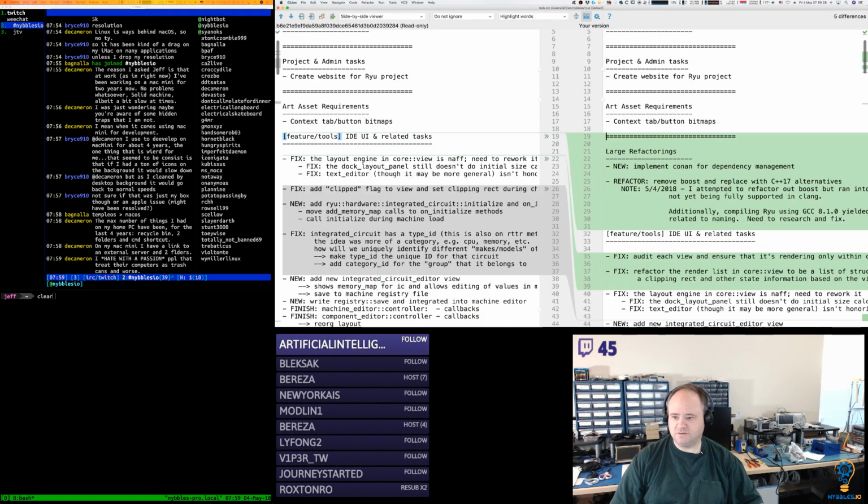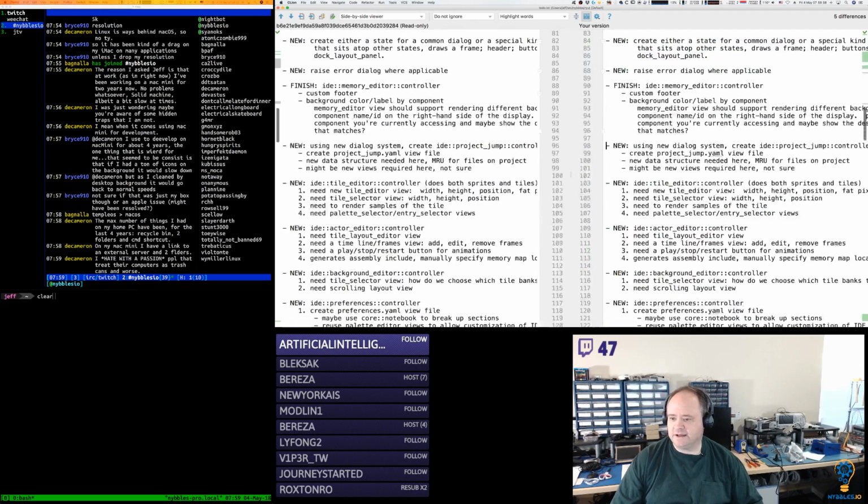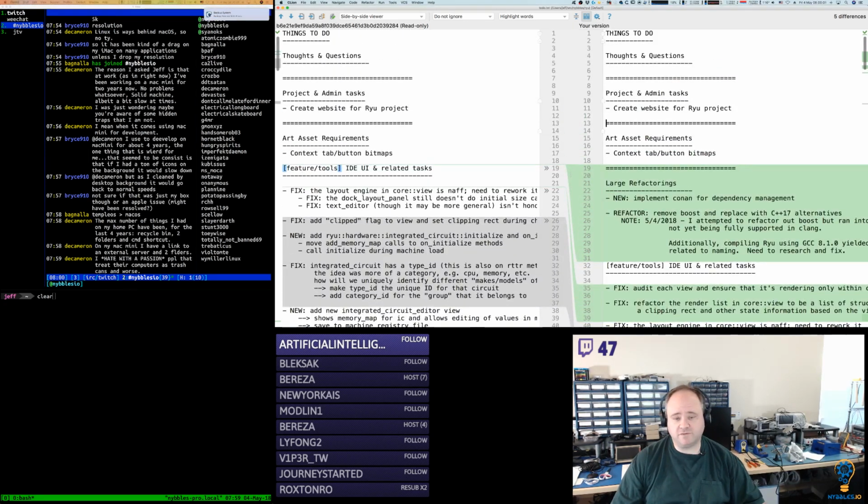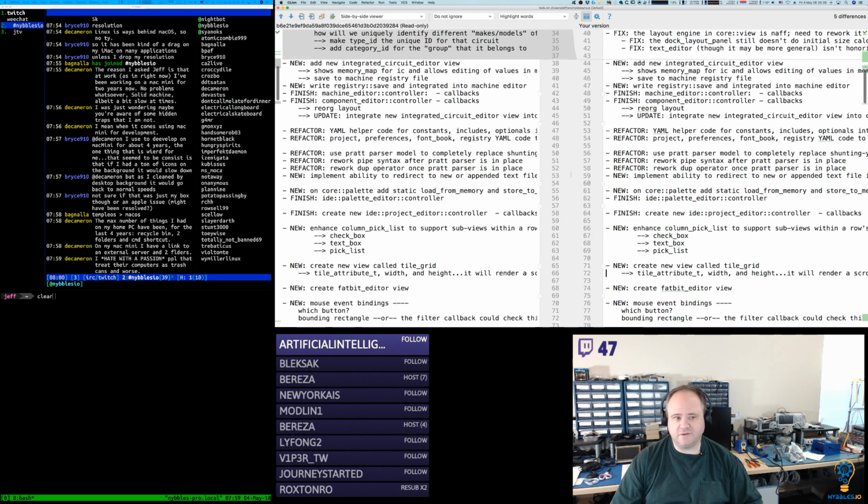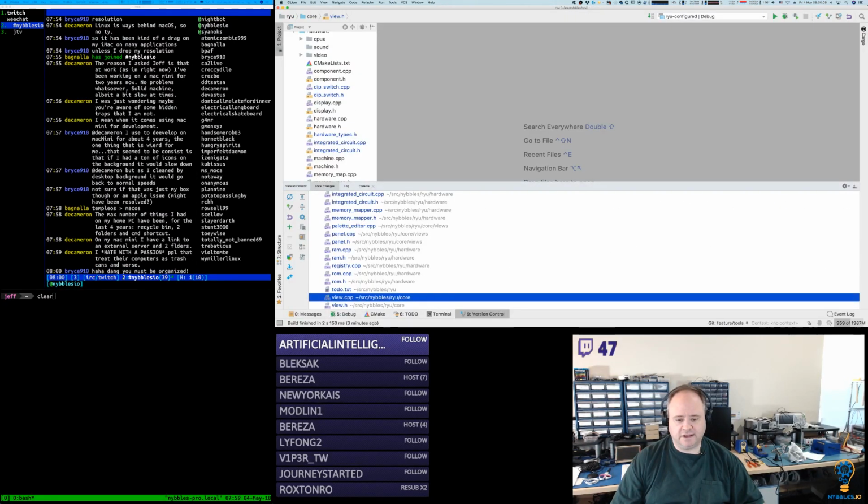And then in the to-do, I made some notes about some larger refactorings related to dependency management. I would like to cut down on the third-party dependencies. I'm cool with using the format library, obviously SDL. I want to get rid of Boost. Log for CPP, that's okay. So yeah, if we can keep it to that, and then RTTR, obviously. But when I tried this morning first thing, this presented some challenges, so I'm going to have to spend some time and clean that stuff up.